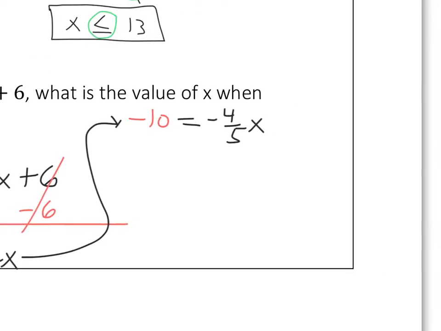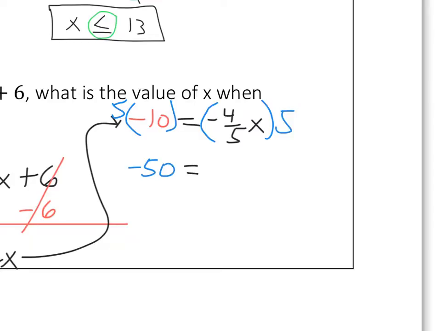Very good. Okay. When you have a fraction, what you want to do is get rid of that fraction. If you want to multiply by the reciprocal, you can; basically you would be multiplying by negative 5 over 4. But what I tell all my students is to first multiply both sides by the bottom number. That'll get rid of the fraction, and then you can divide by the top. So first we're going to multiply by that denominator, which is a 5. So now you have 5 times negative 10, which is negative 50,